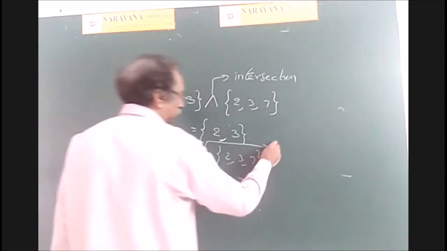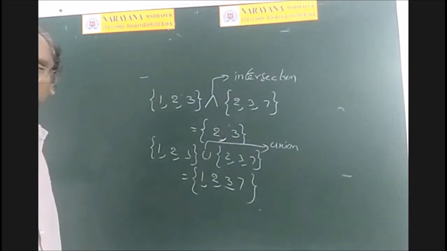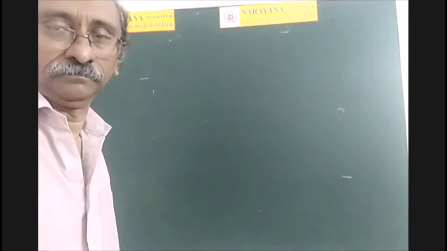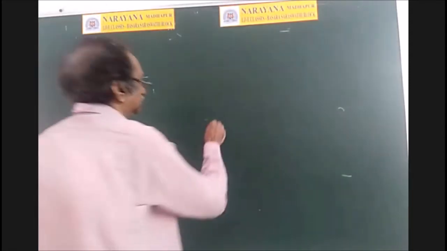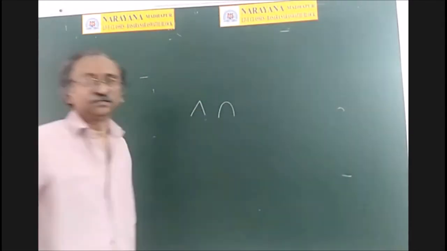So this symbol is called union. Right? And Tejesh Naidu, what is the doubt? Sir, in books, the intersection symbol will be curved, sir. So no problem if it is curved like this. Or you can write like this. There is no different meaning for those two, so don't worry.